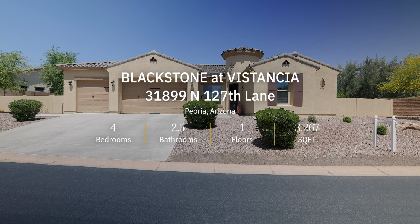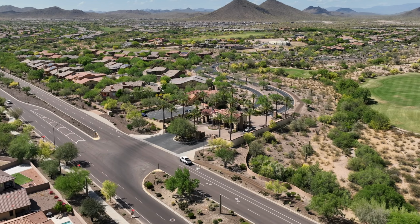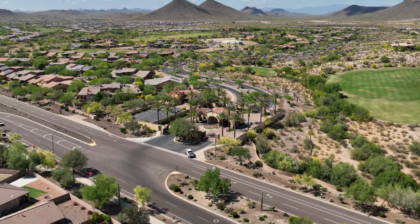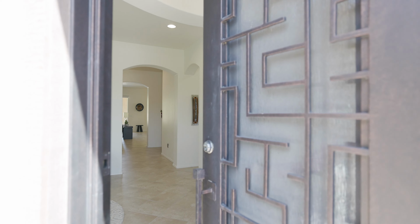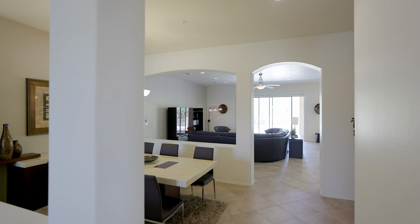This luxury home is located in the prestigious guard-gated community of Blackstone at Vistancia, offering a private and secure living experience. Hi, I'm Kim Nathanson with Berkshire Hathaway Home Services Arizona Properties, and I'm delighted to show you this gorgeous home. As you enter through the beautiful wrought iron door, you'll step into the foyer that leads to the formal